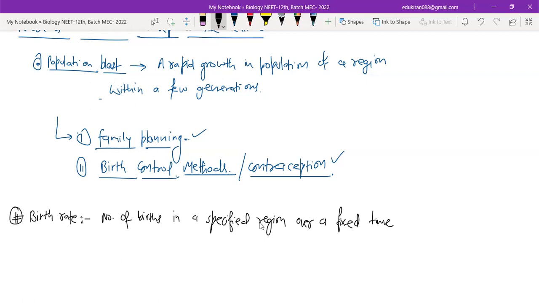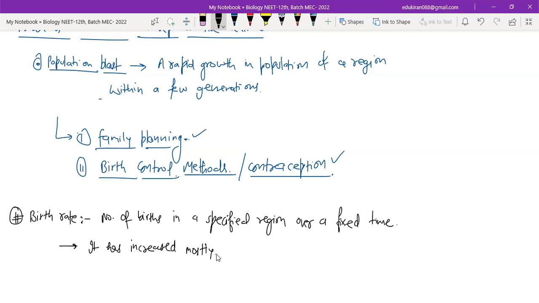Number of births in a specified region over a fixed time; you have to define the region. Next point, it has increased mostly. There are many countries which are seeing a decline in birth rate, and recently there was an article in